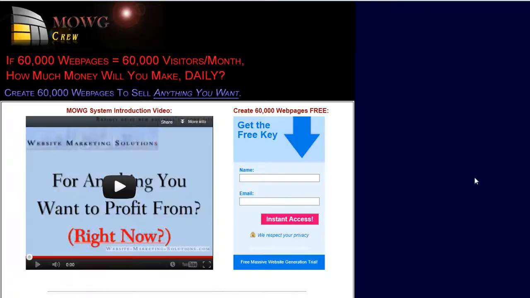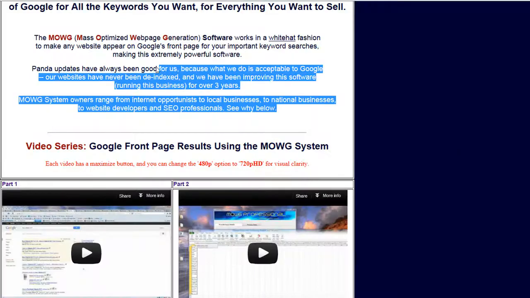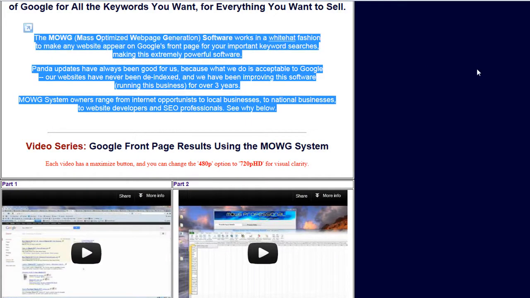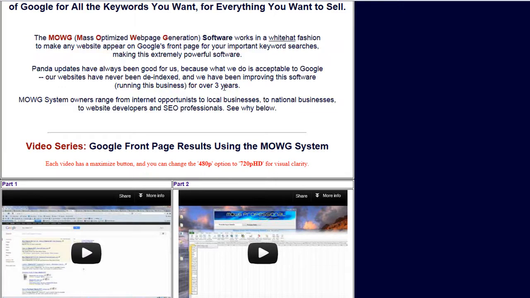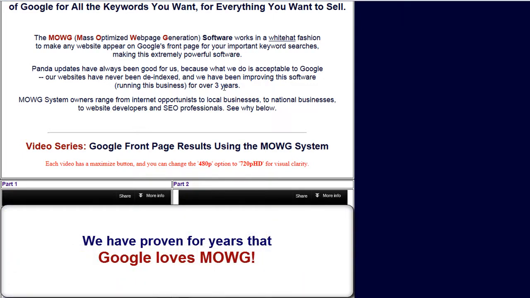And our software is built in such a way that in 3.5 years, we've lasted right through Panda updates, Farmer, Panda, all that kind of thing, algorithmic changes. They benefit us. I just showed you myself on page 2 for website marketing, and I've been climbing there for weeks. Google just did some major algorithmic changes, and our websites rank better or about the same almost always, especially if they're done professionally. They are, because we know how to do it in a white hat fashion. Google likes what we do. It's serious software.